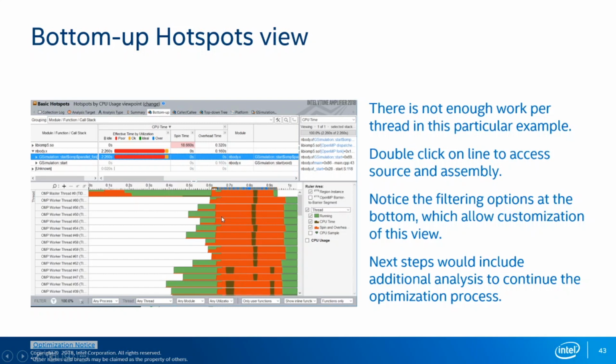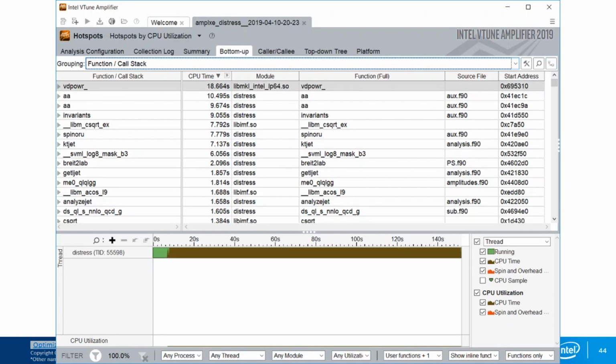Threads are spawned, but most of the time is spent waiting, and that's just because we don't really have enough work to keep all these threads busy. Now I will go over a couple of different examples, different codes, and different collections that can be done with VTune